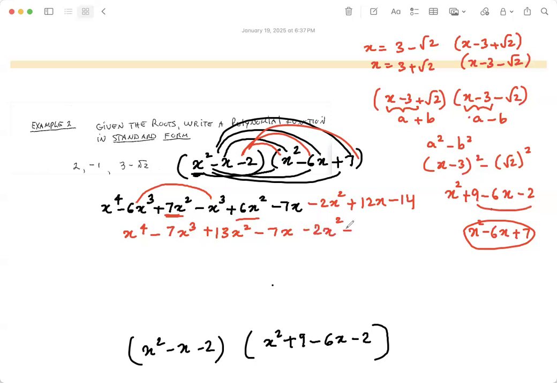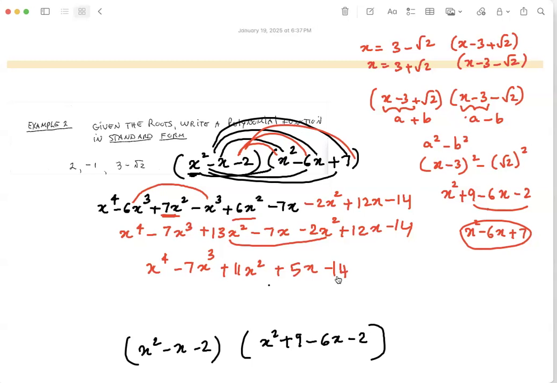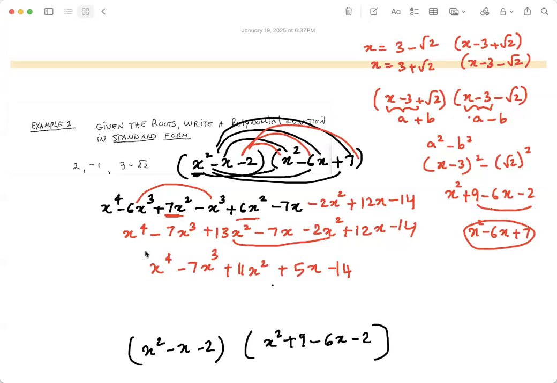Now when I combine this, meaning don't try to mix and match everything. Let's take it slow, because these are subject to a lot of errors. So I have to combine these two. Let's see. I feel like I'm making some mistake. X power of 4 minus 7x cube, 13. I'm getting 11. I don't know whether it's right. And then 7 and 12 is plus 5x minus 14. I'll check. Yeah, this is correct. Final equation is this.